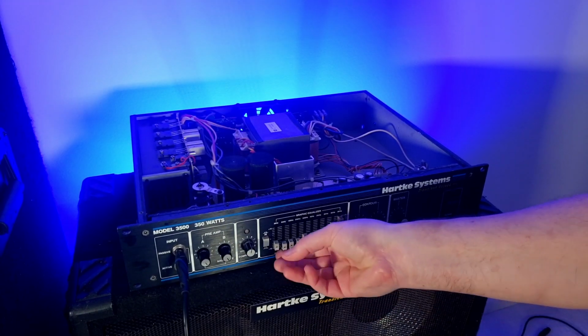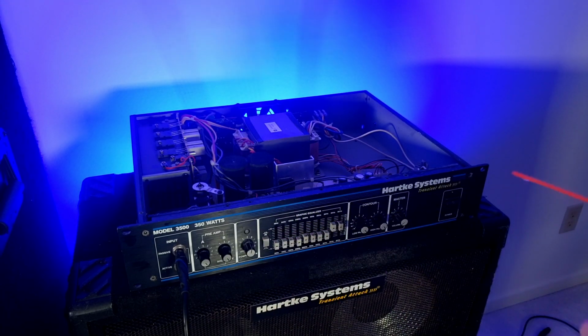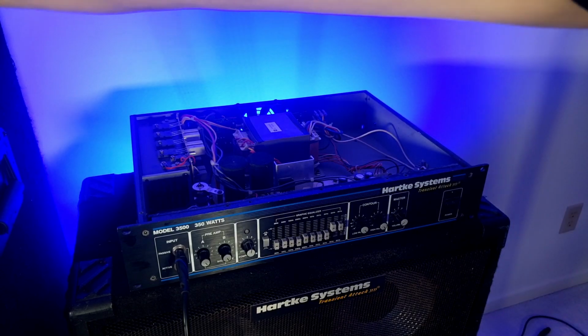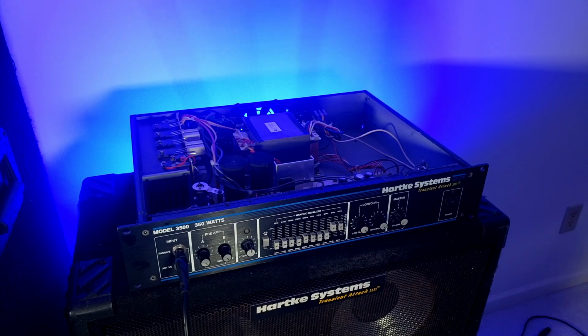All right, now we need to clean these pots here. From the front, that's really not very easy. You could try taking the knob off and squirting. There's really not a great way to do that. Instead, what you want to do